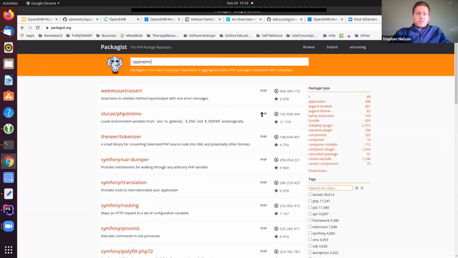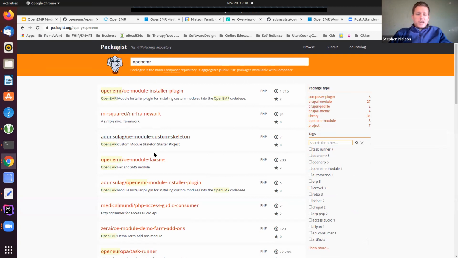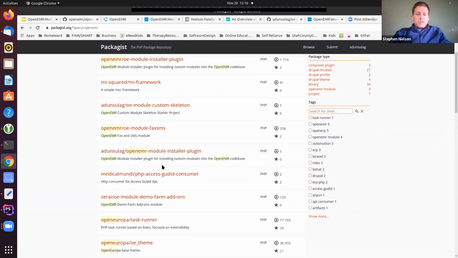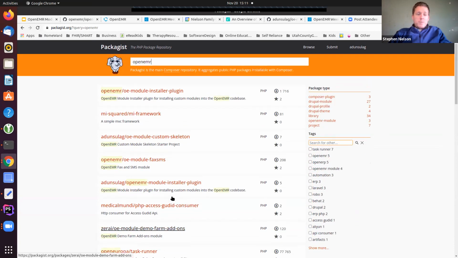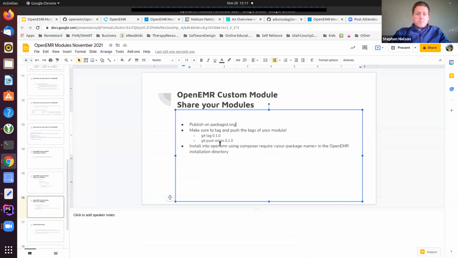If you search for OpenEMR, there's the fax module, and a couple other modules right here, this module demo farm, we'd like to see more. There's my skeleton project that's available from the module. Make sure to use git tags because Composer uses tags to be able to pull your modules in.